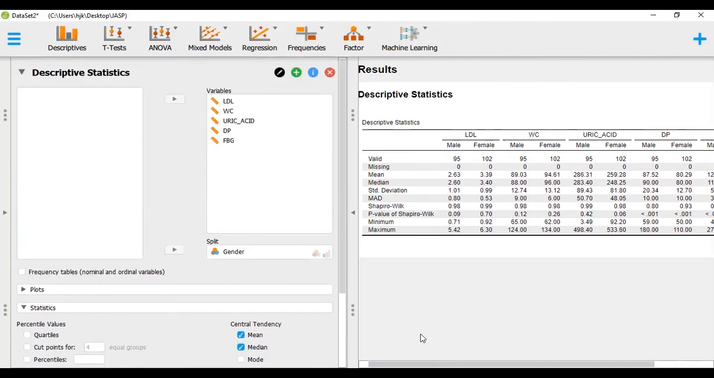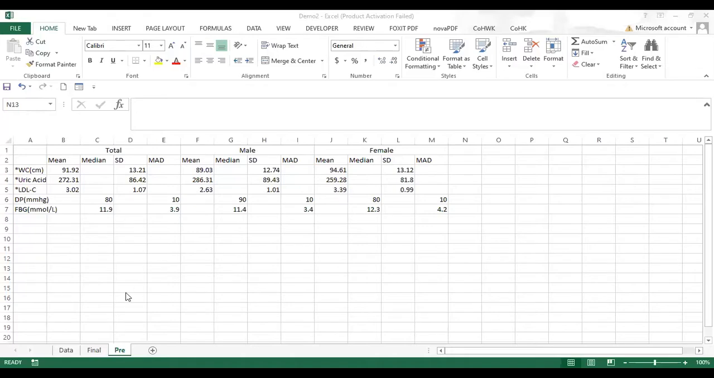So in order to generate that table, we'll go to Excel and continue from there. What we're going to do is pick the values here and move them to Excel for that table generation. Good. So we are now in Excel, and we have our values duly transferred. So we have the WC, uric acid, low density lipoprotein, DP, FBG, all the values there. So now we are going to